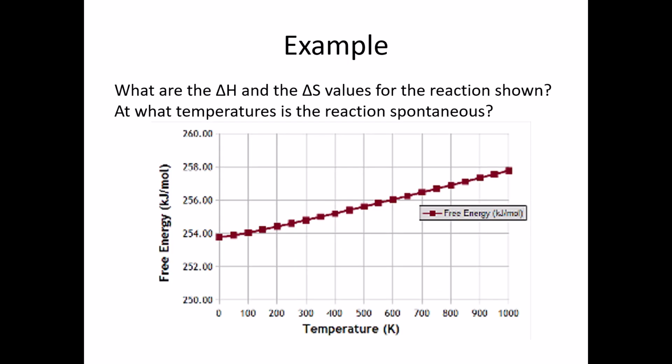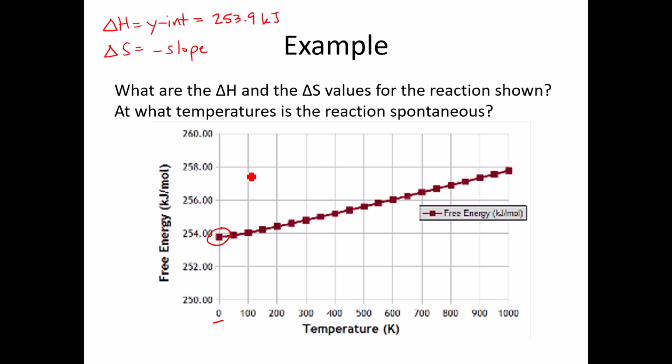Alright, let's try this again on this graph. We're looking for delta H and delta S. So remember, delta H is going to be our y-intercept, and our delta S is going to be our negative slope. So if we look at our graph, we have the y-intercept on here because it goes to 0. So it looks like our delta H is probably around 253.9